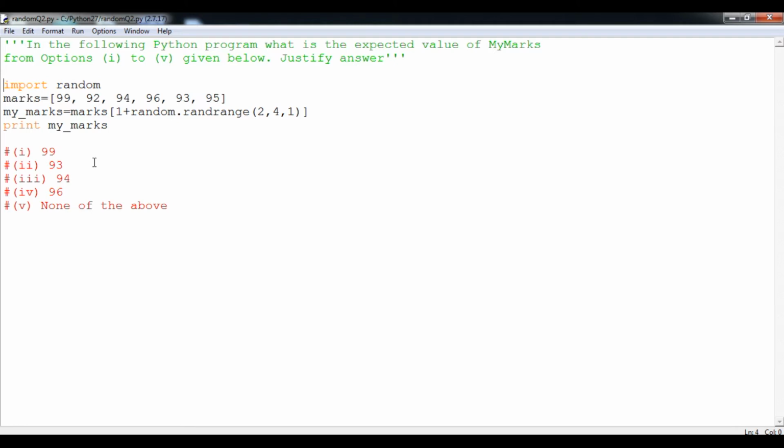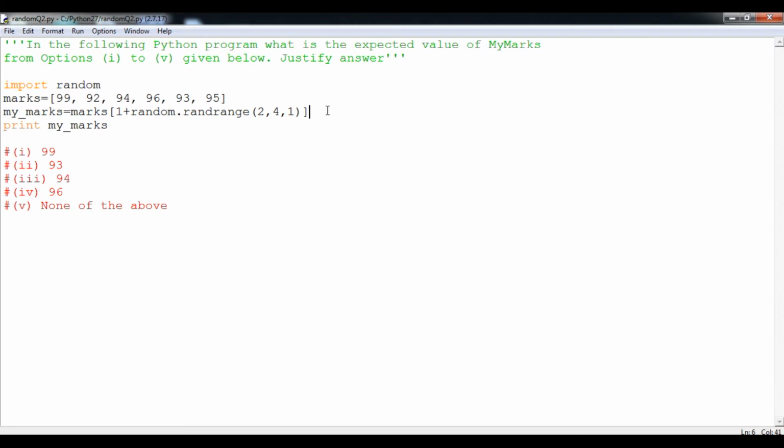Now we are going to get the random value with the help of the my marks variable. So first of all we are searching the output within the list. Okay, so here is marks. Its index value will be decided by this 1 and the random randrange also. Here is 1 plus random.randrange, where the range starts from 2, you can see student, 2 to 4 and by step 1. So at last we are going to store this particular value in my marks, and this will print.